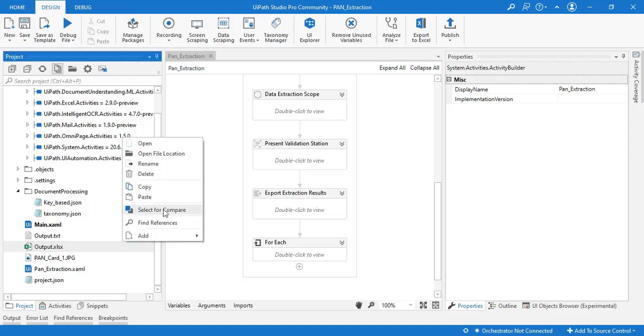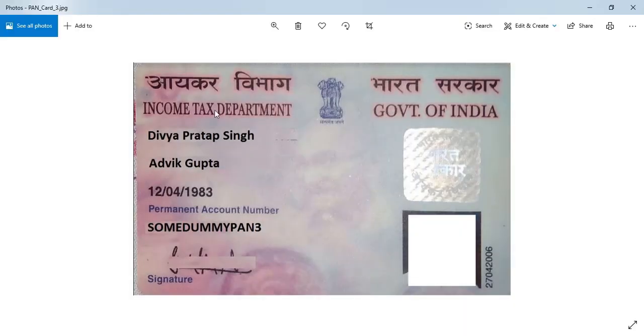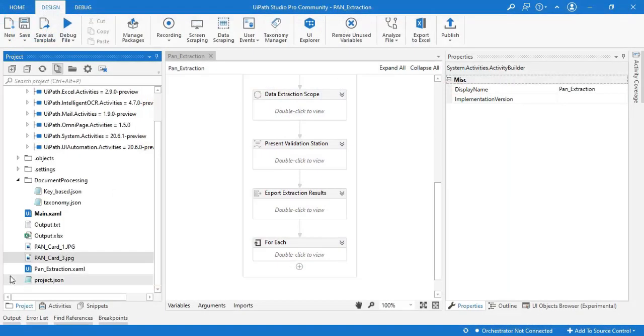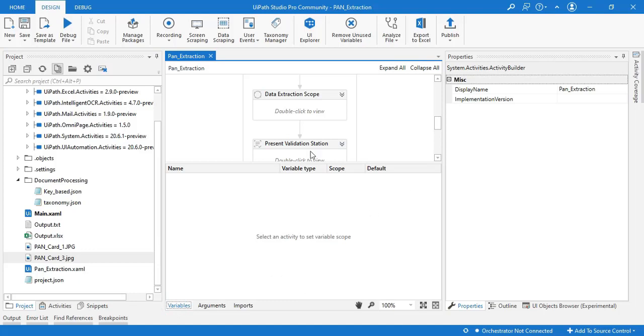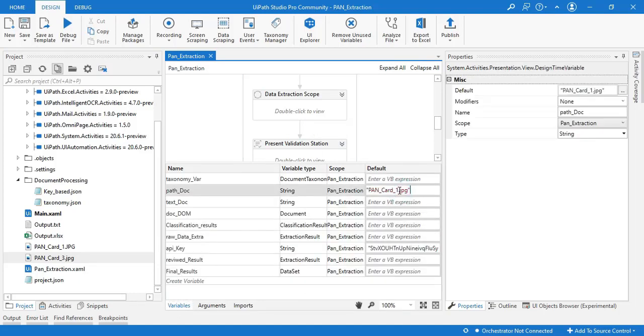I'm bringing in another PAN card here. This is our input this time. Notice the change in name and the PAN number. Close it. PAN card number 3. I'll change the variable. Save it.